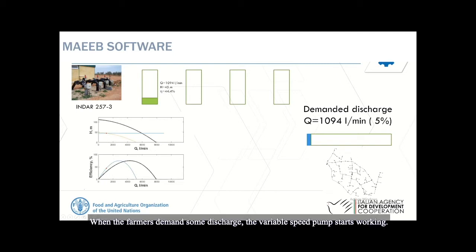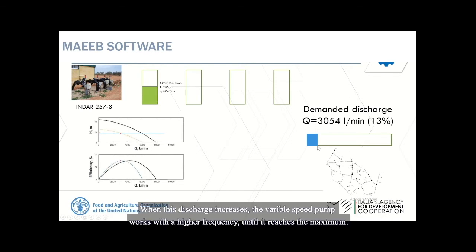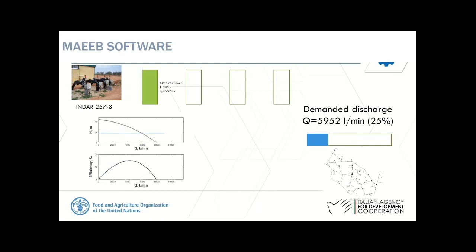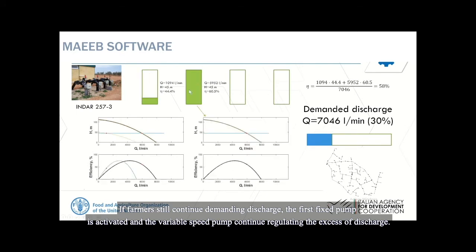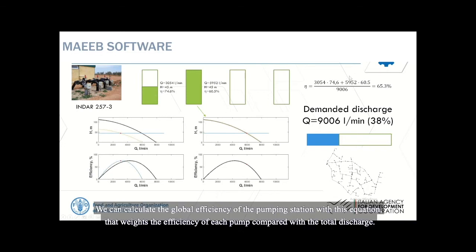When the farmer demands some discharge, the variable speed pump starts working. When this discharge increases, the variable speed pump works at a higher frequency until it reaches the maximum. If farmers still continue demanding discharge, the first fixed pump is activated and the variable speed pump continues regulating the excess of discharge. We can calculate the efficiency of the whole pumping station